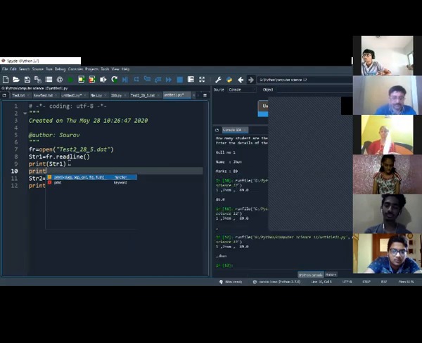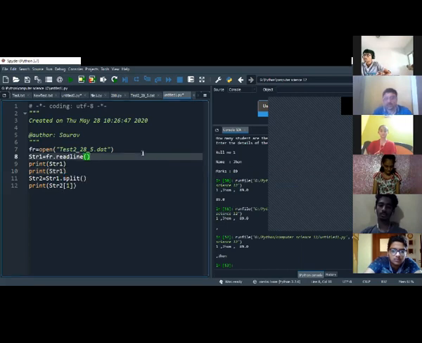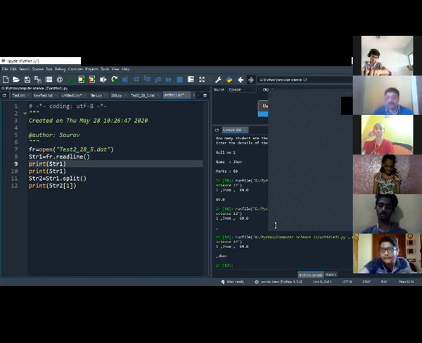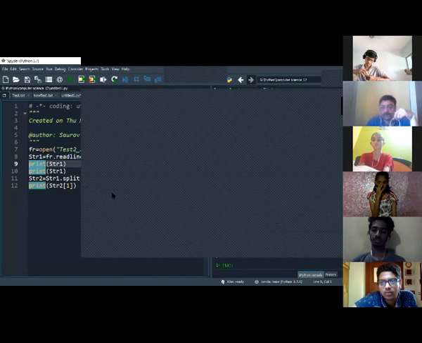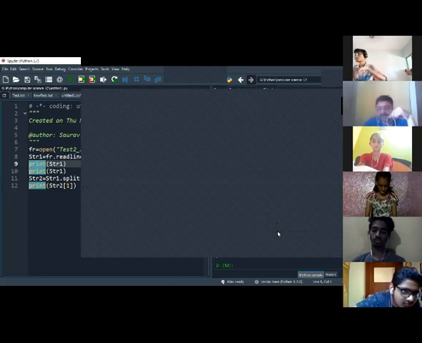Now again, if I write it here, print str1. What value will I get? The first one or the second one? Where is Kamal Khan? I have not seen him till now. Kamal, where are you? Yes, Kamal, I can see you now. Tell me the answer. What will be the value of the second str1? Will it be the same or the next record?